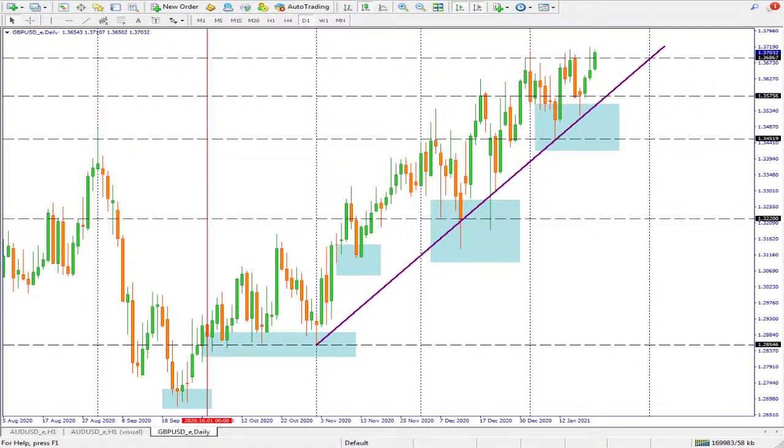So as it is now, keep looking for sell orders, keep looking for more sell positions, expecting price to continue much lower. We wanted price to pull back up to this point here before it continued down. Unfortunately, that did not happen. The price could not reach this level. So we are still sellers. We recommend you keep looking for more sell positions, keep looking for more sell orders, expecting price to